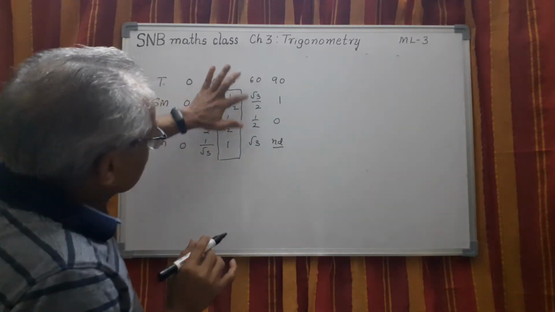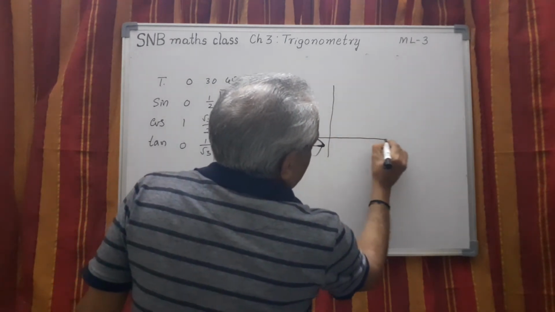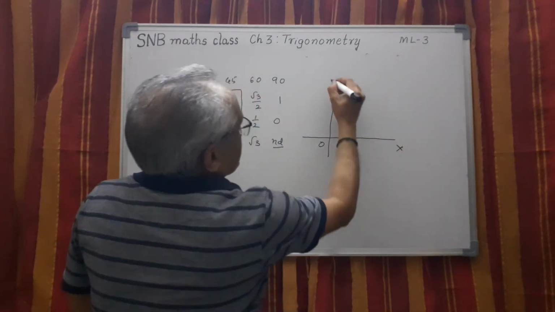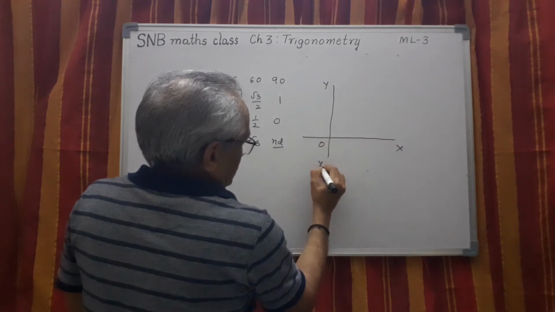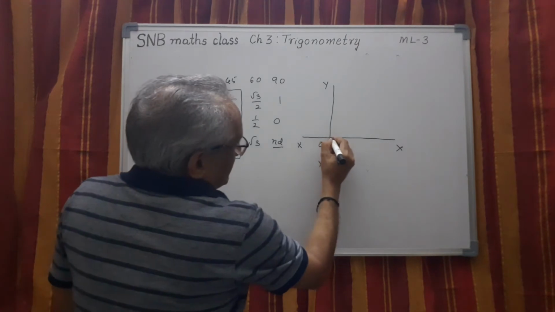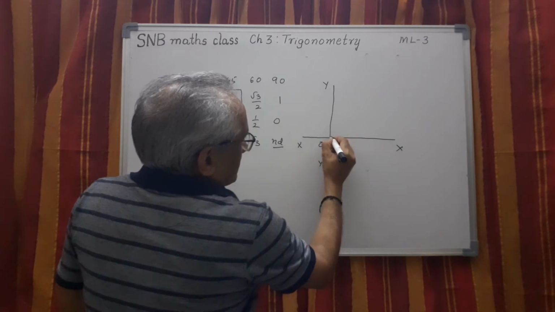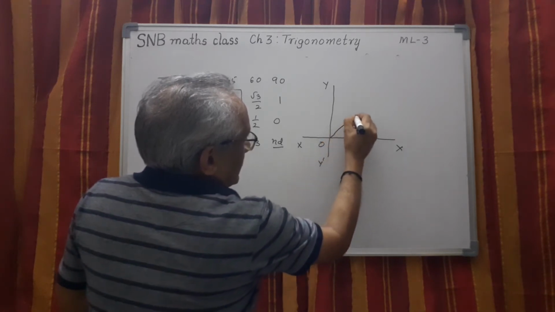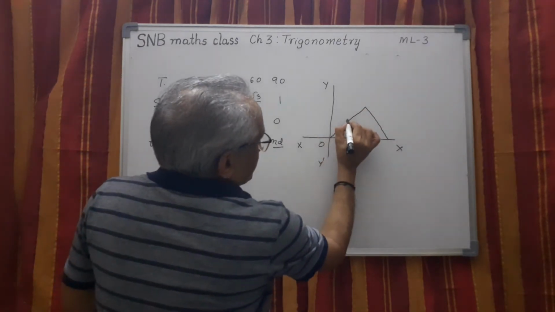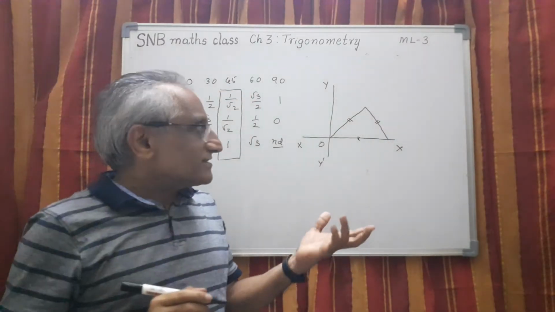So now, how to show this one? Let me show you, same method. I am not using triangle in the beginning. I am using coordinate system only. So O, this is X, this is Y, of course, Y dash, X dash. My preparation is like this now. See, this is a construction. I will take a triangle here like this, such that this side, this side, and this side, all the three are equal. This is possible. You know how to construct an equilateral triangle.